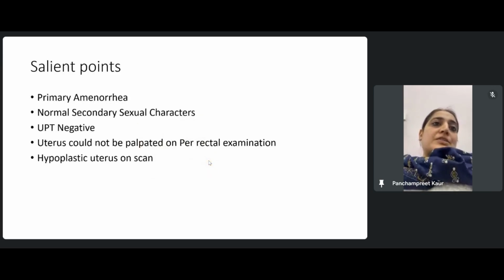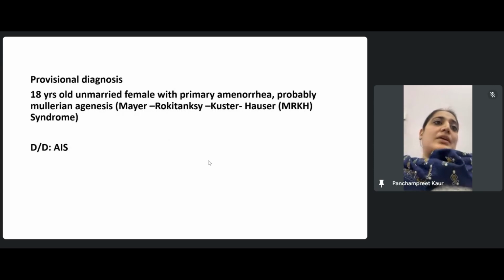Clinically, if we look into the picture, the salient points in this case are the primary amenorrhea, the normal secondary sexual characters, a negative urine pregnancy test, and a non-palpable uterus on per rectal examination, and also a hypoplastic uterus on scan. So clinically, our diagnosis points towards Mullerian agenesis, which can be either Mayer-Rokitansky-Kuster-Hauser syndrome